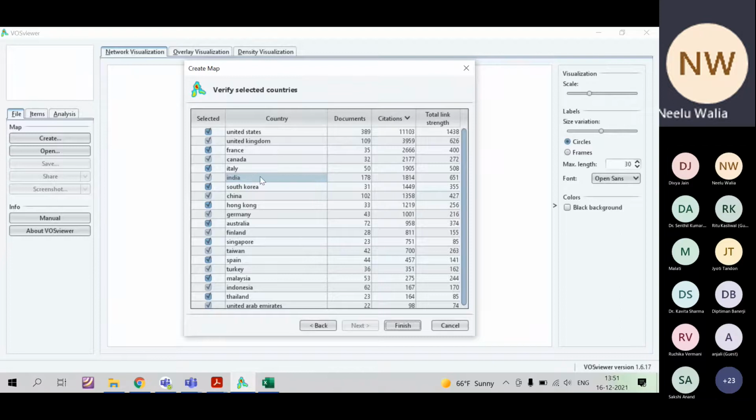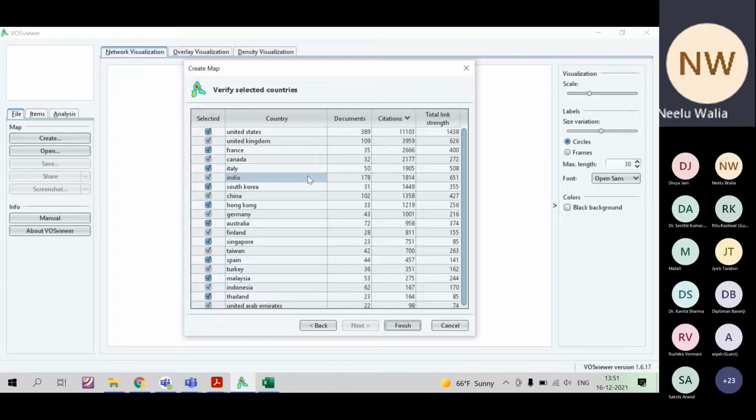If you analyze the records and the data, you will come to know that there are many people from India writing research papers. We feel that only Europe and United States people are writing papers. No, it is completely wrong.